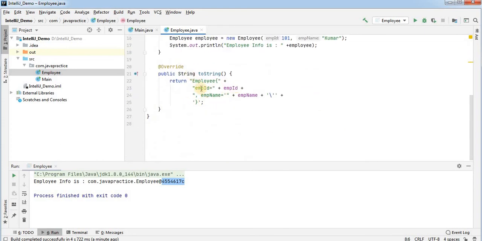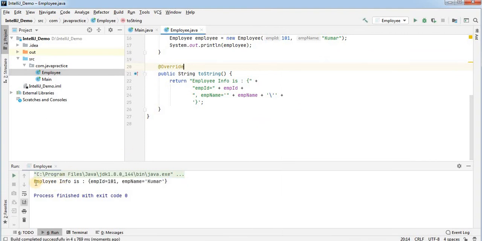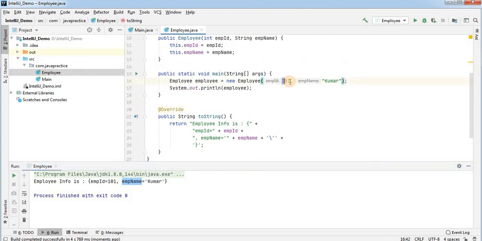You can go ahead and modify this toString method. So instead of providing the employee info here, I can take this employee info string and put it here, right? Now I'm going to run this particular program. What is the output I will get? Employee info is, along with the employee ID and employee name related information, we will get here. You can see the string is printing here, employee info is employee ID and employee name. So what is the employee ID value? 101. That is coming here.